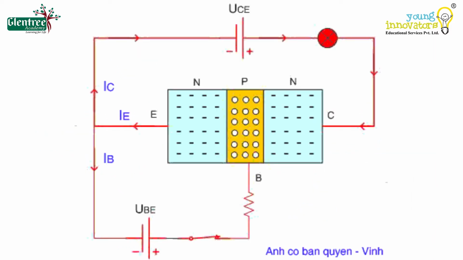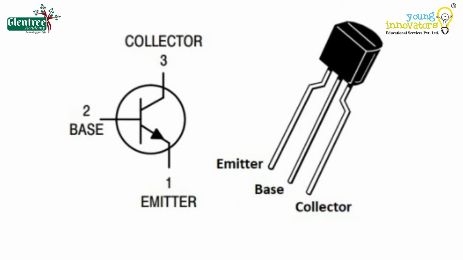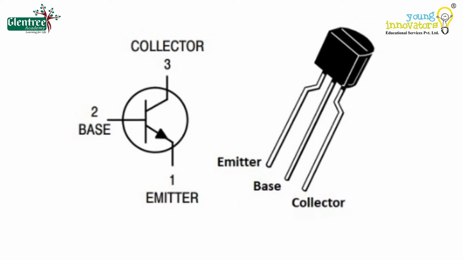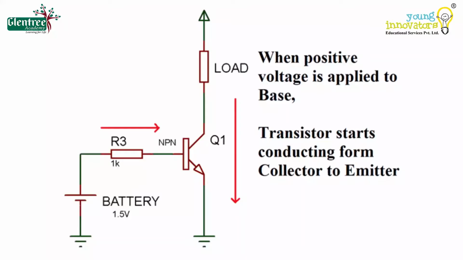It is a current driven device where two PN junction exists within it. We already know the terminals of the transistors, that is emitter, base and collector. A very small amount of current flow through emitter to the base can control a reasonably large amount of current flow through the device from the emitter to collector.